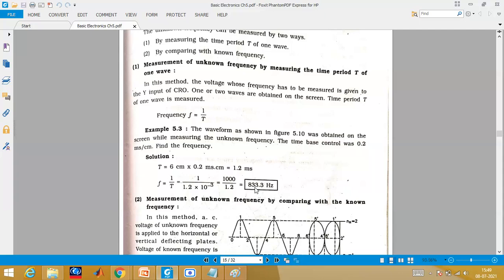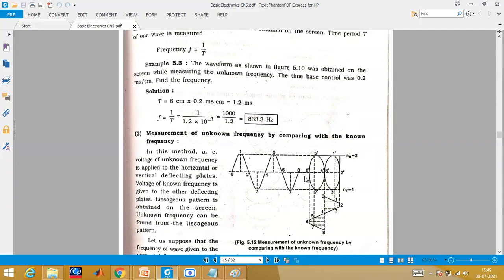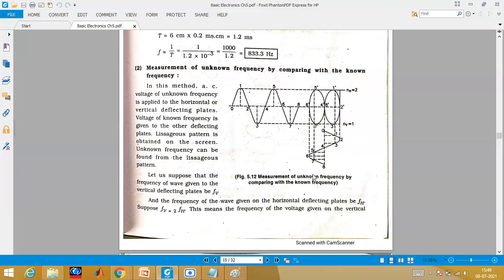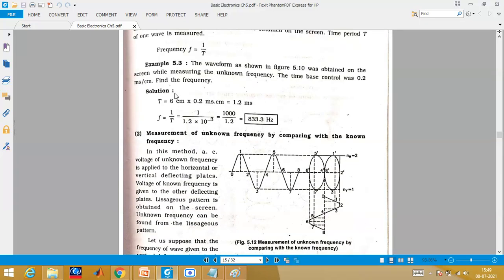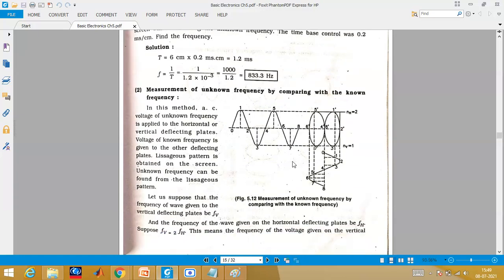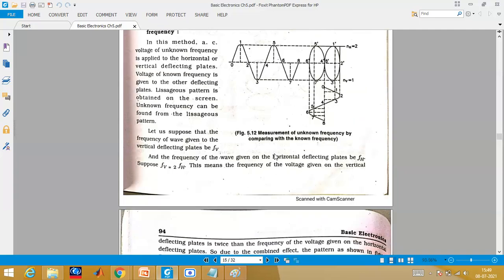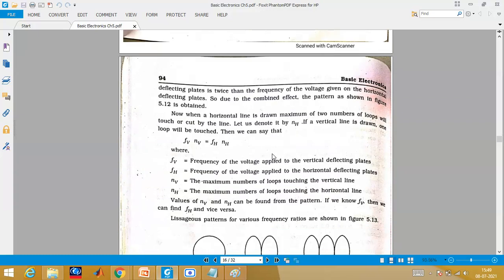You will get this answer. Okay. Now there is one more important thing. How can we calculate the frequency without using this formula? Is there any way that we can do? Yes, there is a way called Lissajous pattern. Okay, Lissajous pattern. With this also you can calculate frequencies. So there is one formula you have to remember. This formula several times it has been asked.